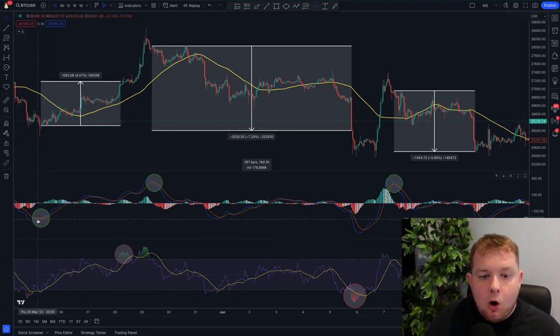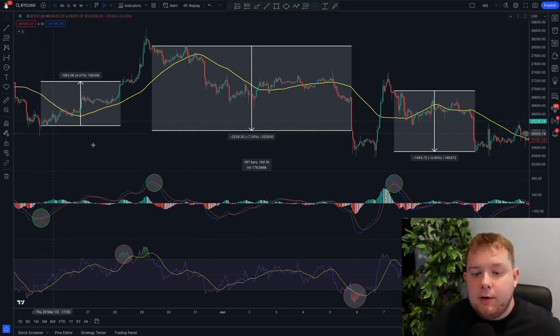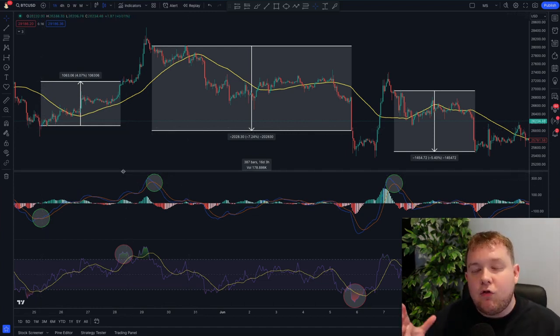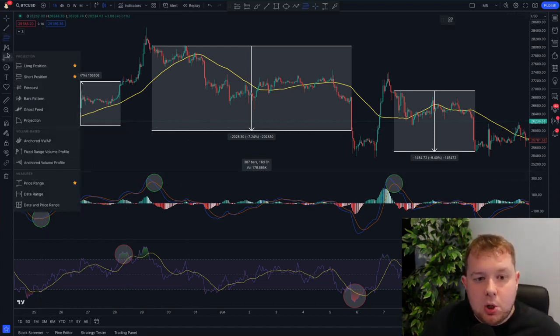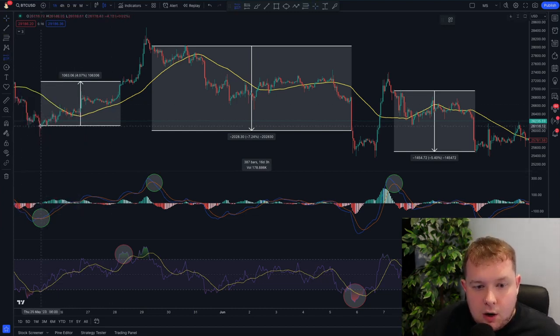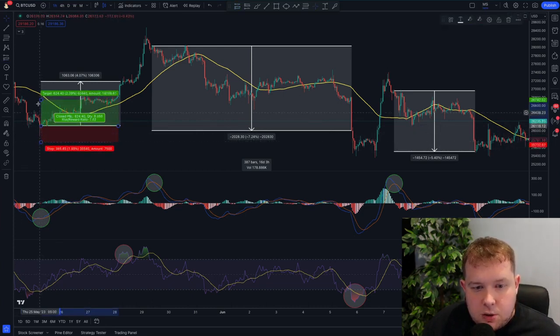We've had a cross. We would go ahead and enter the trade right here. Then when do we sell the trade? Well, we want to sell either at that 3 risk reward ratio trade. So we can go ahead and put that on the chart right now, a long position like so. We want to have a stop loss of about 1.5 like so, and a risk reward ratio trade of 3